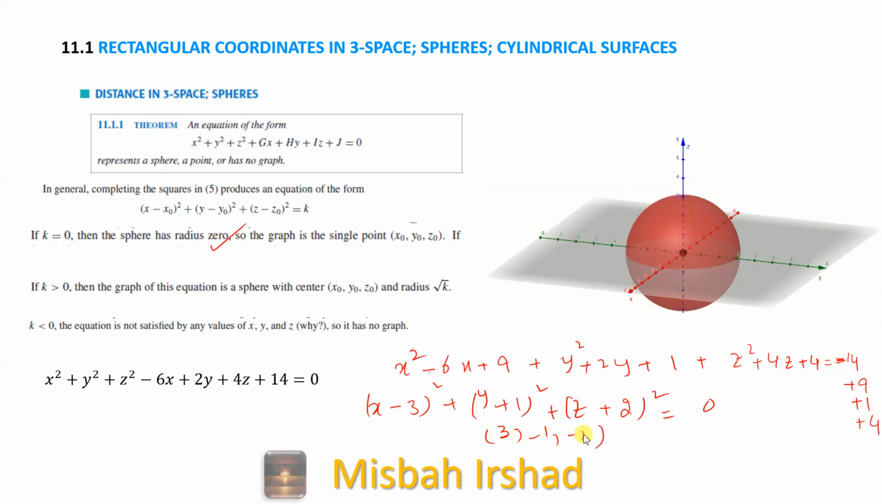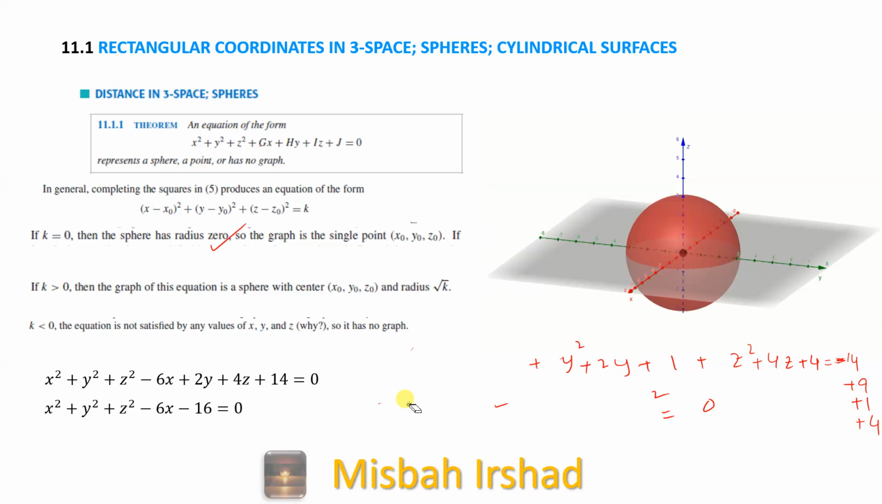So this is the point of this surface, this equation. And if we have this equation, then let's see what type of graph we will have. For this we need to complete the squares as we did in the previous example,